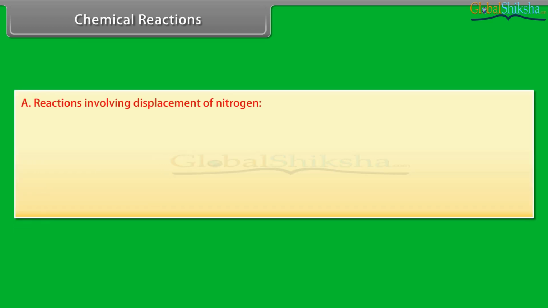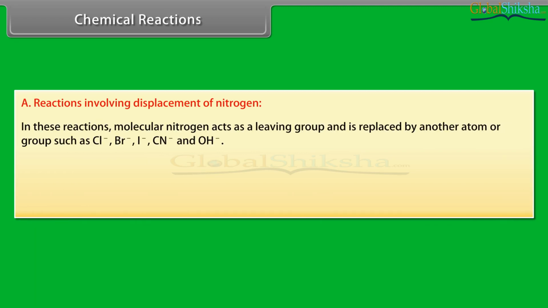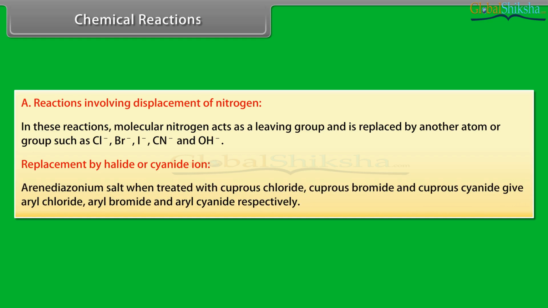Chemical reactions. Reactions involving displacement of nitrogen. In these reactions, molecular nitrogen acts as a leaving group and is replaced by another atom or group such as chloride ion, bromide ion, iodide ion, cyanide ion, and hydroxide ion. Replacement by halide or cyanide ion. Arene diazonium salt, when treated with cuprous chloride, cuprous bromide and cuprous cyanide, give aryl chloride, aryl bromide and aryl